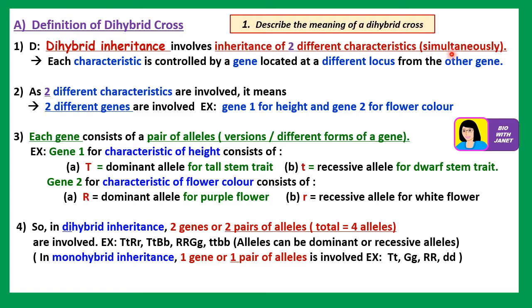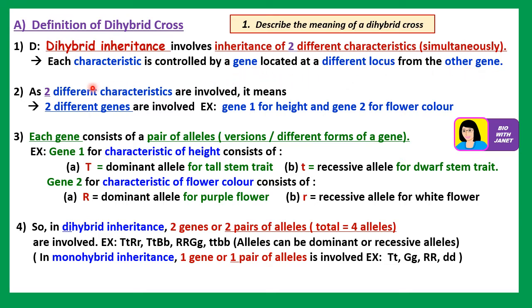we say studied simultaneously. Okay, so each characteristic is controlled by a gene located at a different locus from the other gene that controls another characteristic. Okay, that means for characteristic number 1, it is controlled by gene number 1, which is located at a locus or location on a pair of homologous chromosomes, right? And then there's another gene that controls the other characteristic, but it is located at a different location from the first gene. Okay, and it is on another pair of homologous chromosomes, a different type of chromosome from the